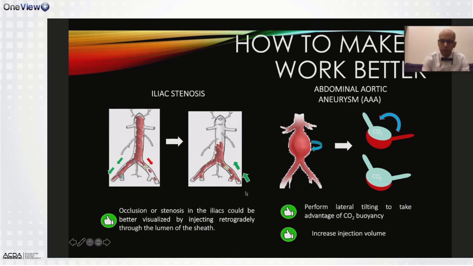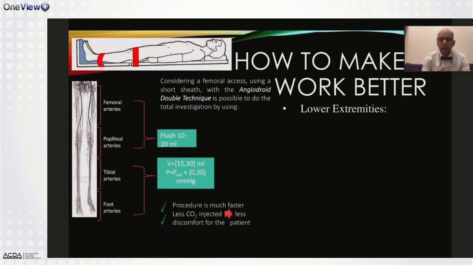If you inject retrogradely from the bottom, what you'll see is it going through that stenosis, going upwards and actually having a nicer picture. So this is a nice example of the advantage of doing it through the sheath versus through the aorta. Both, again, are complementary. I already talked about this, so I'm going to jump it, about the renal artery and tilting the patient. If you talk about the lower extremity, which is probably our main focus here, number 1 is